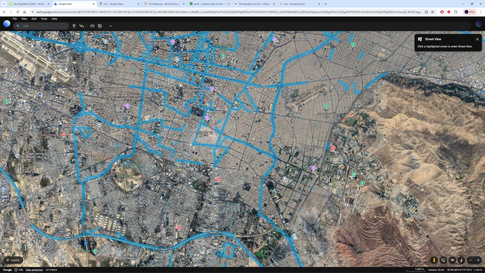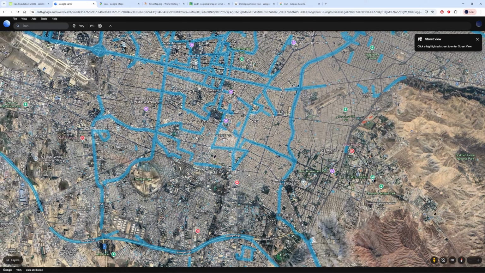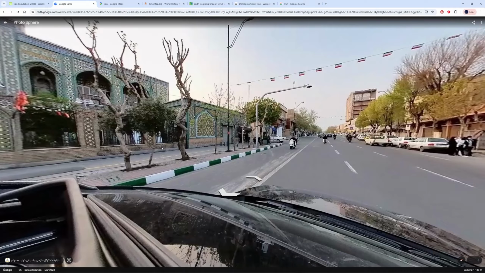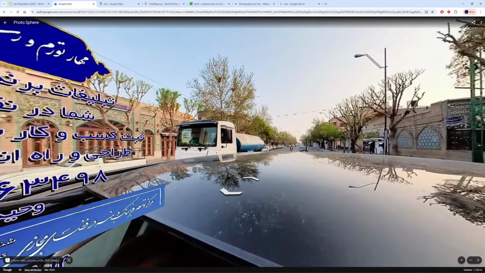Let's check this one. I don't want to stay too long, especially in one city, but we kind of see how they actually live here. So they have good parts and bad parts like everyone else, but it's not that bad, I have to say.